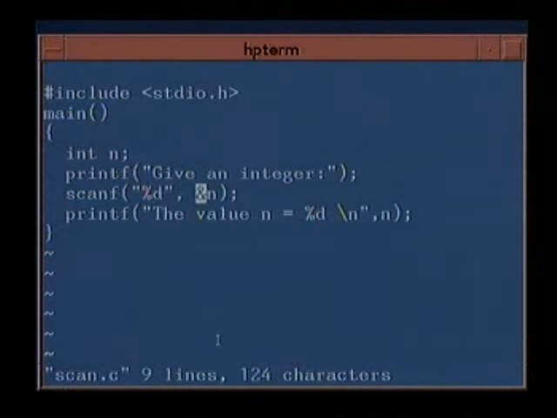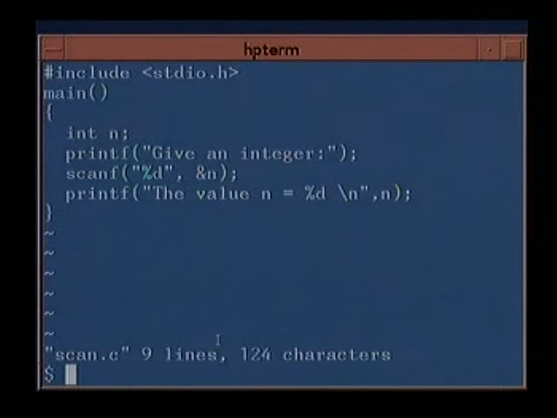and when I give the integer, very funnily, I have to give with the variable something called &n. If I give only n, the results will not come. So I have to give something called &n to actually read in the value of n. We will understand why we have to give &n a little later on, but let us see how this program works first. So if we have to read in a value n, we have to write scanf %d and &n, and then printf, we are just printing the value of n, as you can see in the normal manner. So let's see how this program runs.